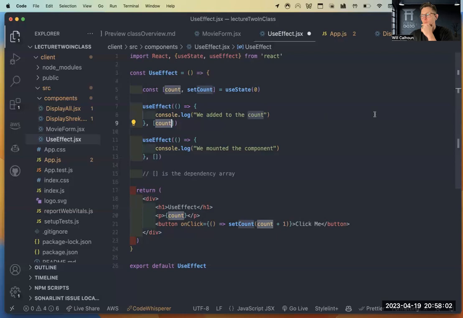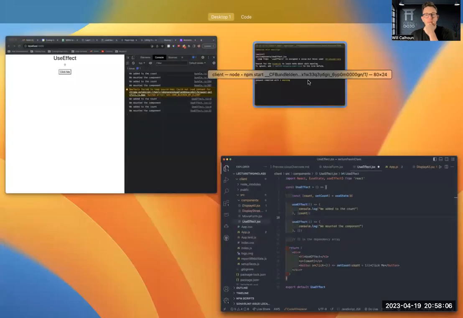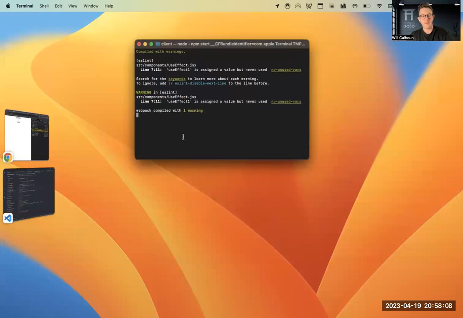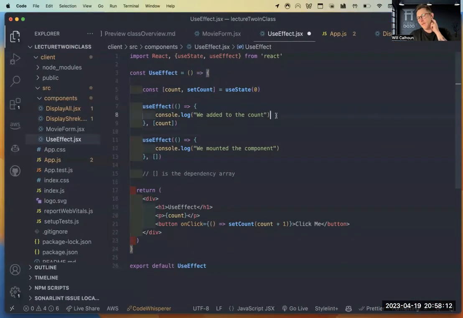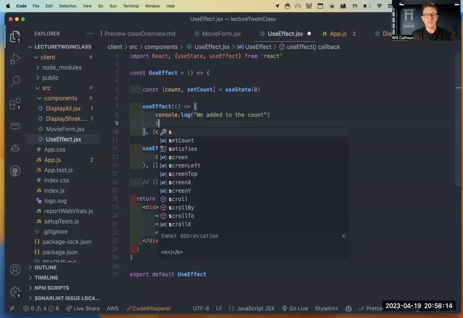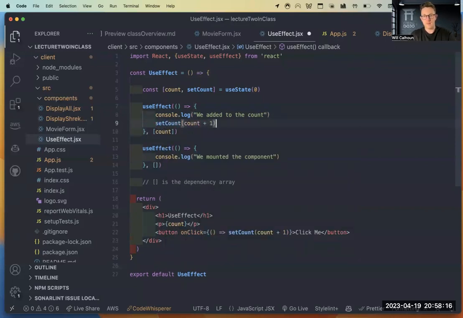Ahmed asked what caused the infinite loop. I'm going to kill this so that I don't break it. If I have my setter, if I say set count plus 1, within the same useEffect that is dependent on the getter, what's going to happen is this is going to run. When it's first mounted, it's going to run this code.